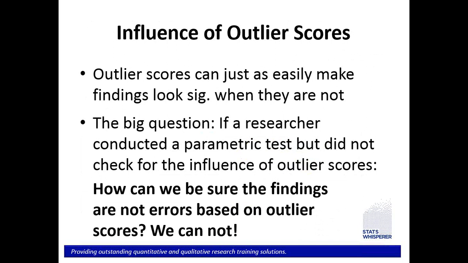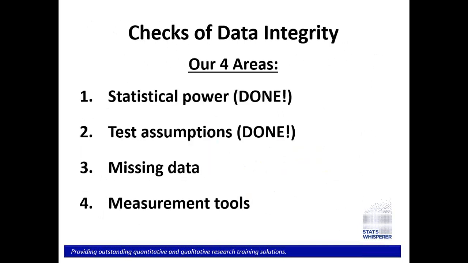So the big question is, if a researcher conducted parametric tests and did not check for the undue influence of outliers, how can we be sure the findings are not errors based on outlier scores? And the answer is we cannot. That's why these checks of data integrity are so important, as time consuming as they are, right? So anyway,